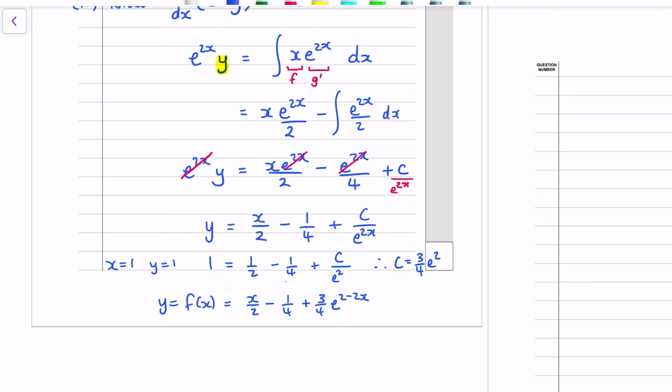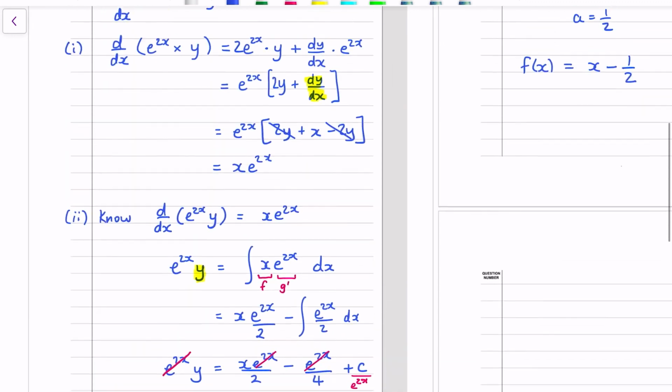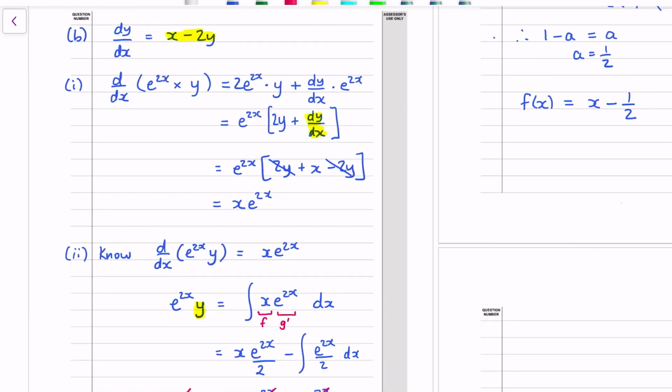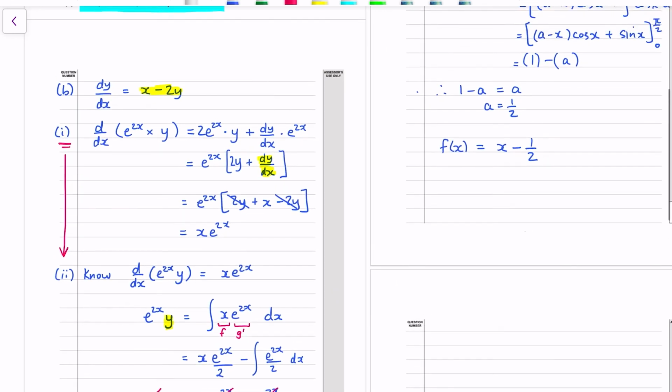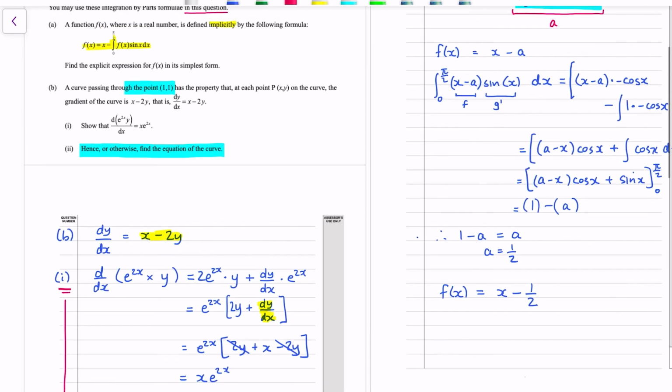Cool. Not too bad, but you had to find the connection between the two problems. You had to realise that with the first proof, which was actually fairly reasonable, it's just product rule, that we could use that in the second to start it off, and that integration by parts was going to be useful to us. Anyone who does Cambridge maths would have seen integrals like that before, and you've probably used this thing called integrating factors. If you haven't done that because you're an NCA student, look up the method of integrating factors, because that's essentially what we did there,